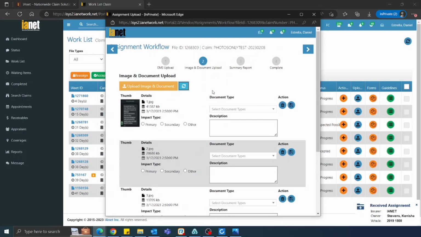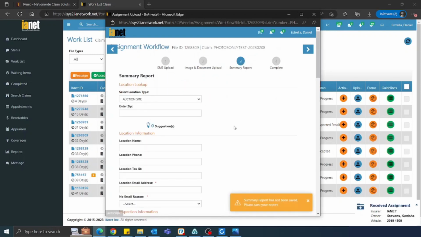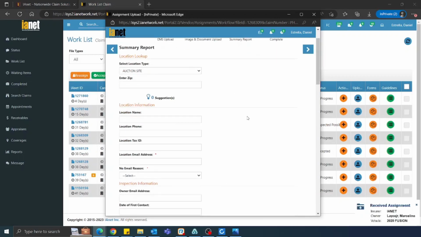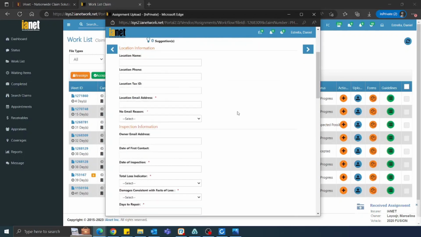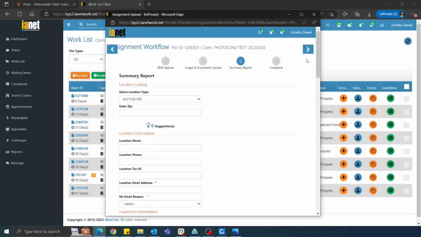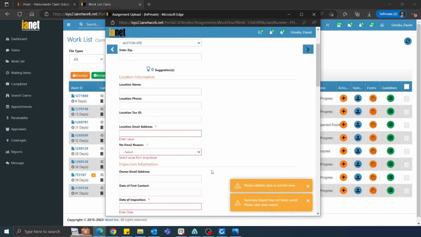That all looks good. We're going to go ahead and try to complete. The way the process is currently set up now is it doesn't let you complete it without filling out a summary form. This is still a holdover from our auto assignments, but it shouldn't take you more than 20 seconds to fill out this info. So we don't need every field filled out. What you're looking for are these fields with an asterisk next to it. If you want to highlight it extra, you can click the arrow, and that's actually going to go and highlight